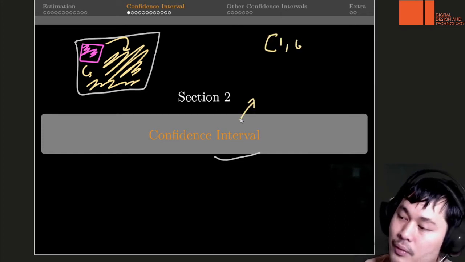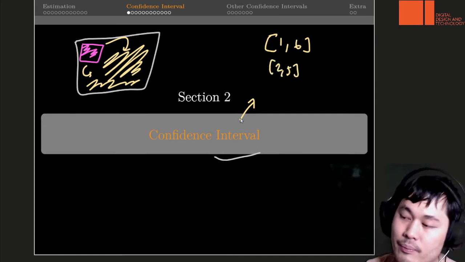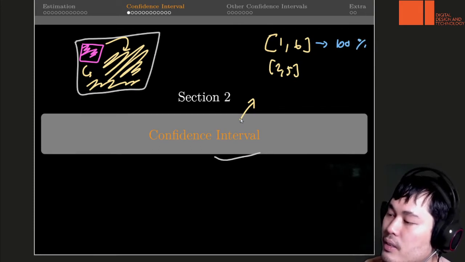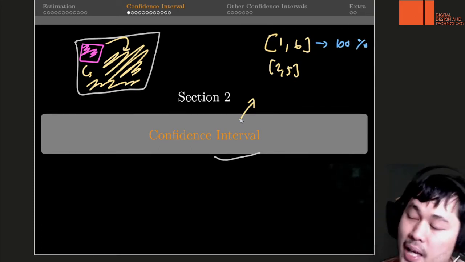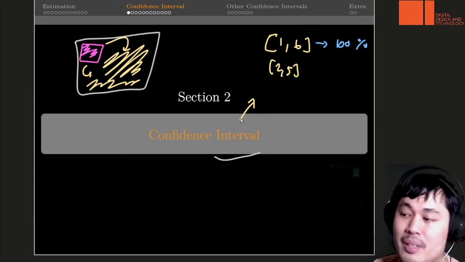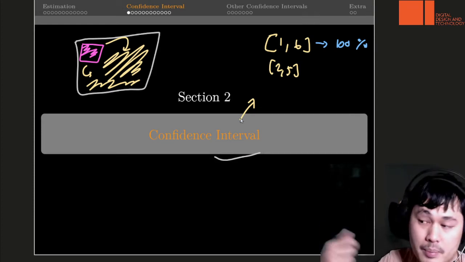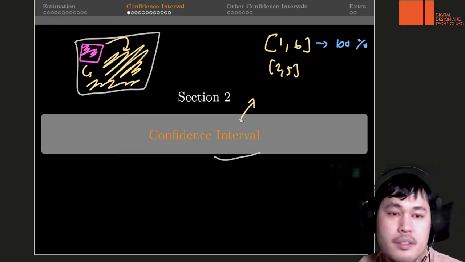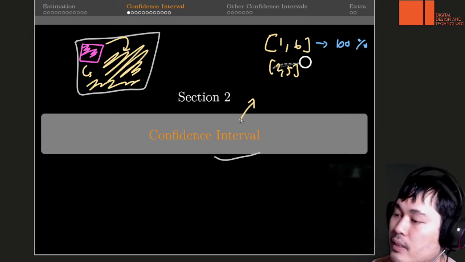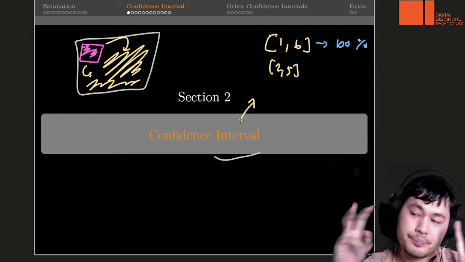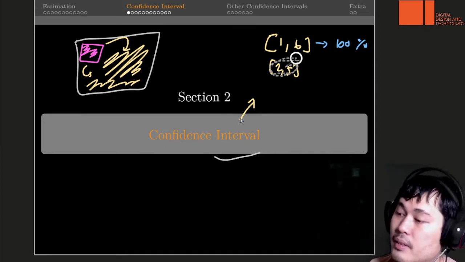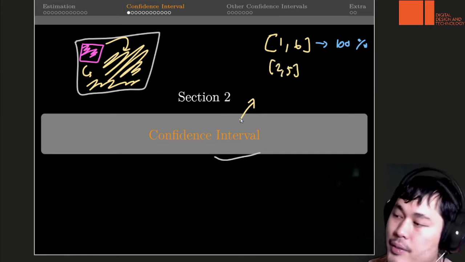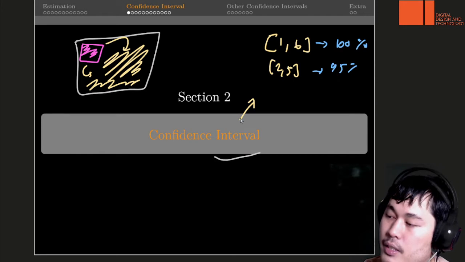But recall that last time there were two intervals. I did the big one that is certain to happen. We are 100% sure that the numbers are between 1 to 6 because we simply list every possible combination. Right? But it is more useful to narrow the range and make it close to the actual value. Right? But the trade-off is that we sometimes would be wrong,